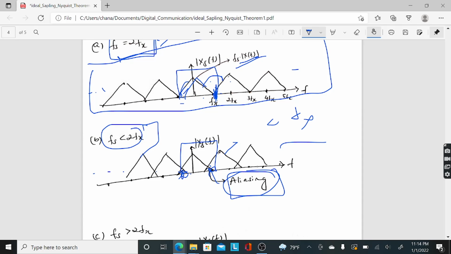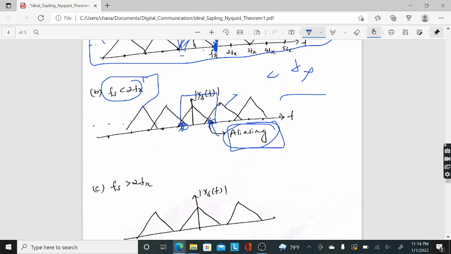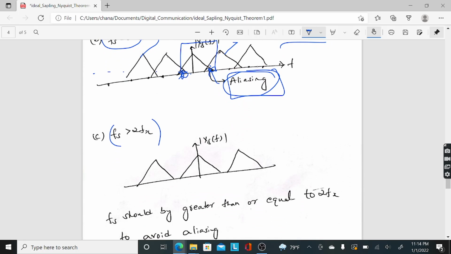Now let's take the third condition, when fs is greater than 2fx. So when fs is greater than 2fx, obviously the original is X(f), and this is X(f minus fs). Since fs is greater than 2fx, it right shifts by more than 2fx. So there is a gap between the two. In the same way on the left side, X(f plus fs), there is a gap between the two. Because of this, again, there is no overlap, so I can use a low pass filter and